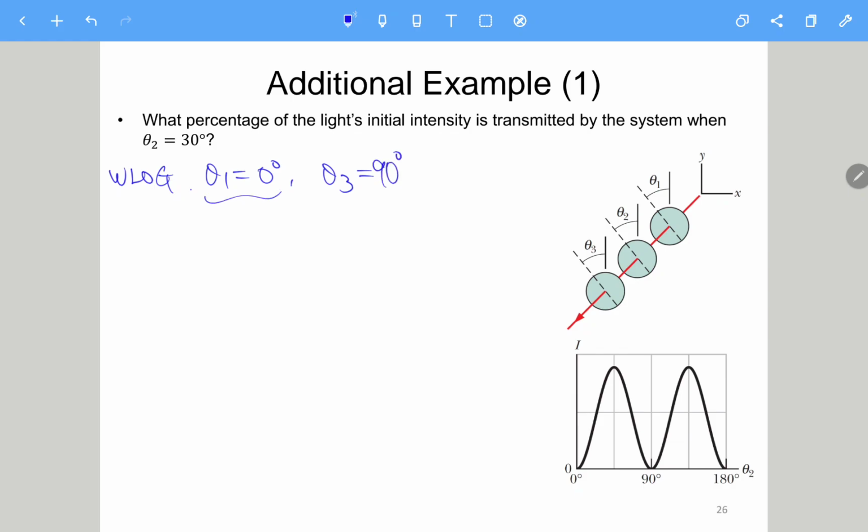Yeah, because one of it is 0 degree, one of it is 90 degree. If you don't believe, you can just try to assume theta 1 to be 90 degree and theta 3 to be 0 degree. Then the answer will still be the same. Okay, so here we make this assumption, so we can just find, okay, so let's say this is